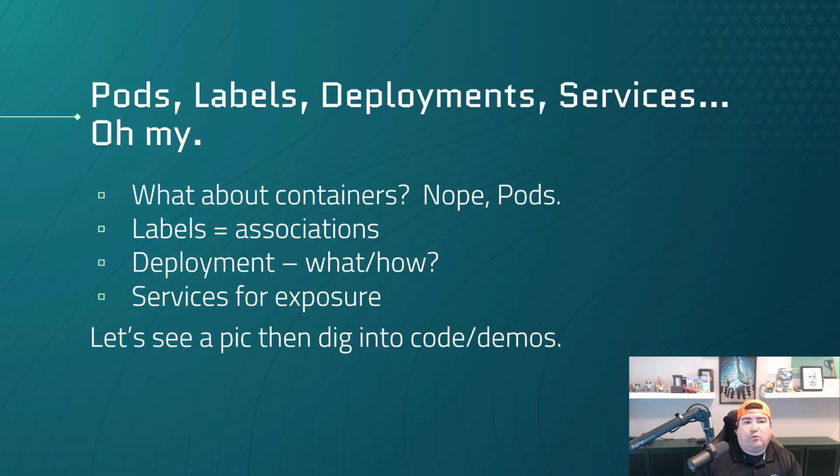Then labels are going to be something that are actually important. They're a core part of the workload management, unlike vSphere tags, which would be the closest reference inside of vCenter. These are going to be associations that we actually have where a particular pod is labeled as part of a deployment, gets labeled as a part of a particular project and things like that. These labels can be carried across different levels of components inside of Kubernetes so that you can easily identify and figure out what it is we're talking about with tagging something, and essentially that label is used everywhere.